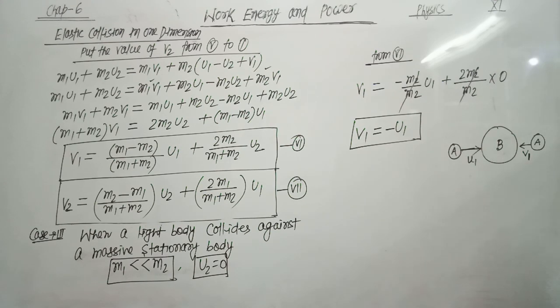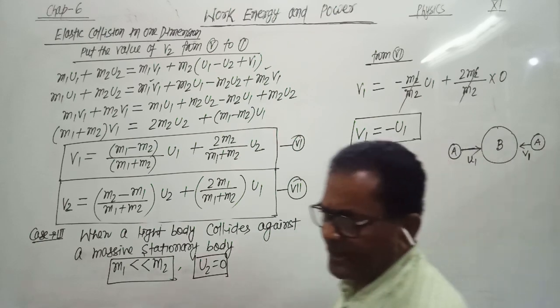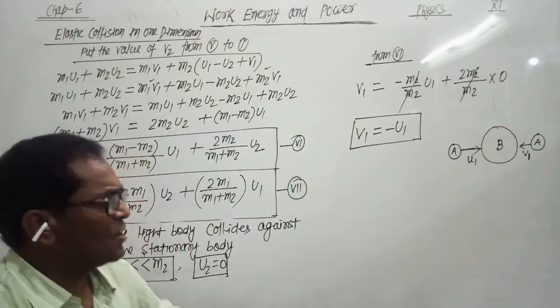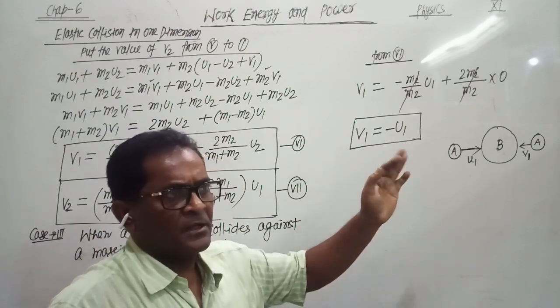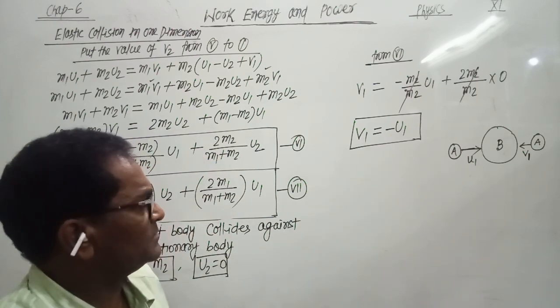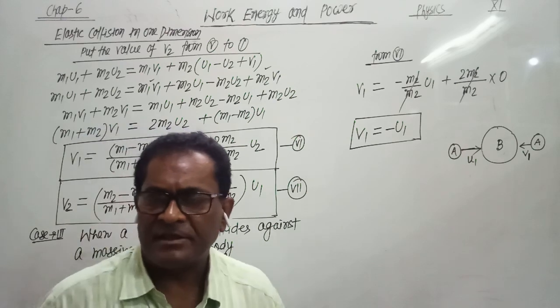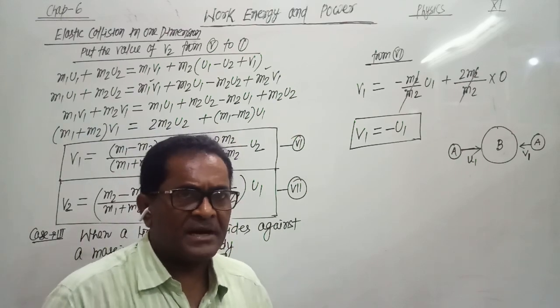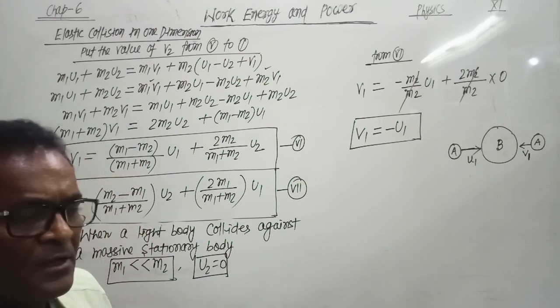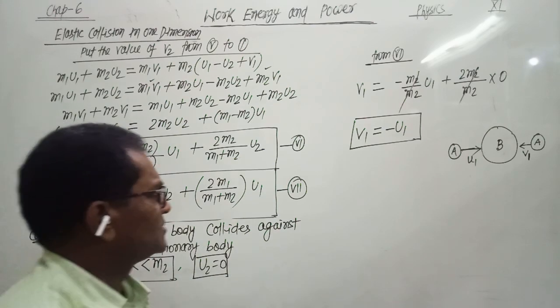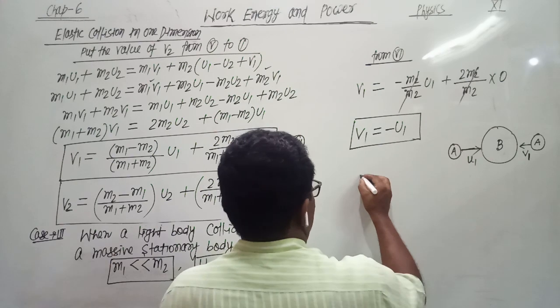V1 equals minus u1. Means after collision, the magnitude of the velocity of body A remains the same, but it changes the direction of motion. Body A changes the direction of motion. And from